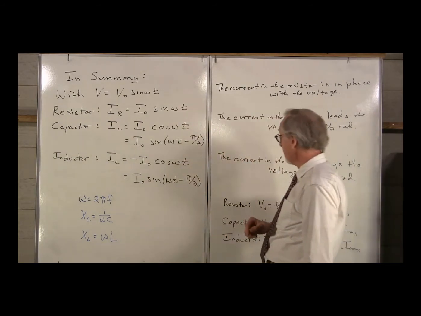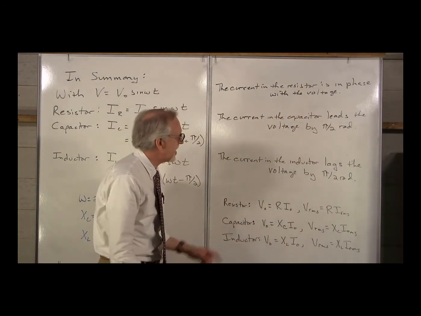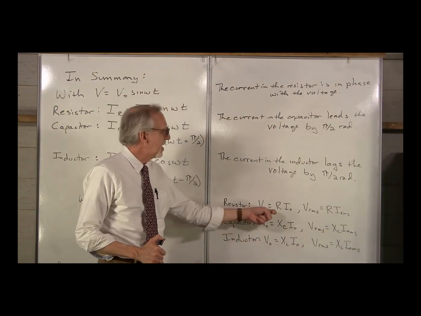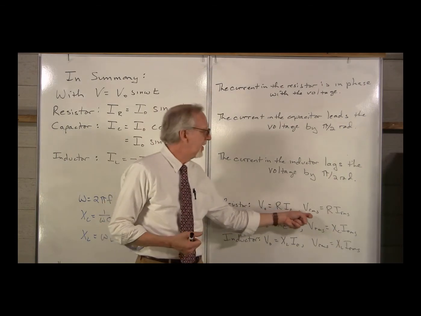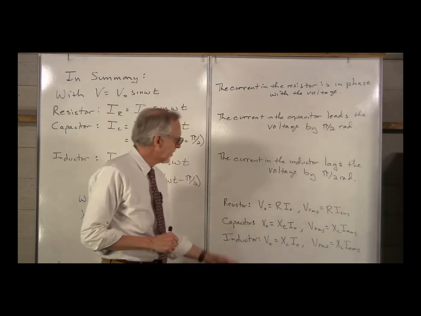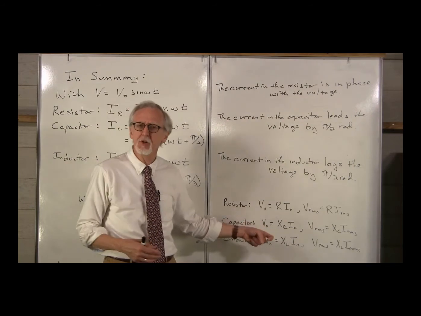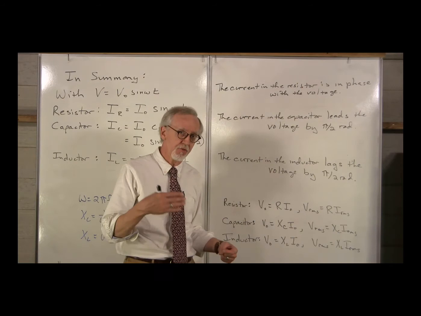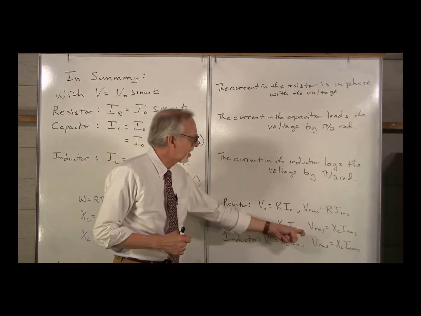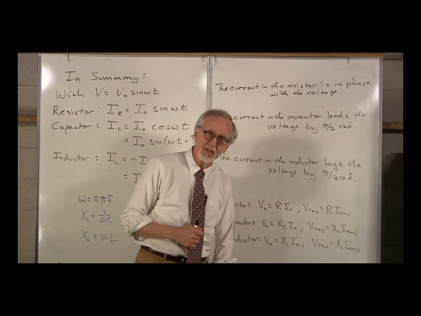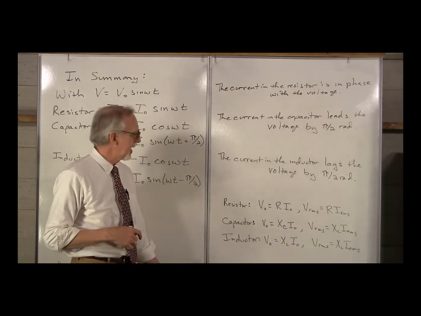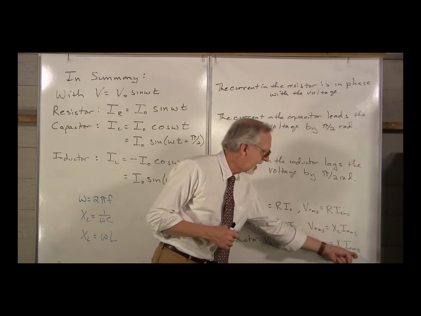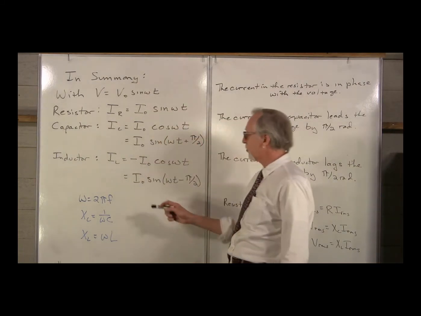And then what about those amplitudes? We know that for the resistor, V naught is R I naught, or Vrms is R I RMS. And then for the capacitor, we have a very similar looking equation. Looks a lot like Ohm's law, but rather than the resistance, we have the capacitive reactance. V naught is XC I naught, or Vrms is XC I RMS. For the inductor, we have the inductive reactance. For the inductor, V naught is XL I naught, or Vrms is XL I RMS, where, let's remember, omega is